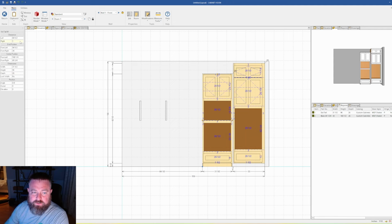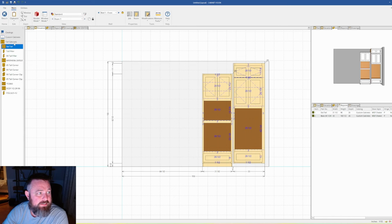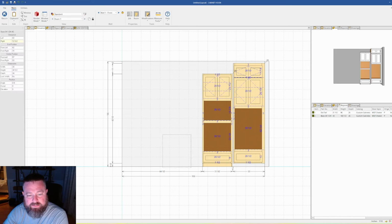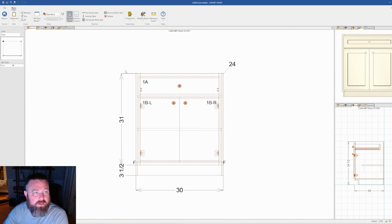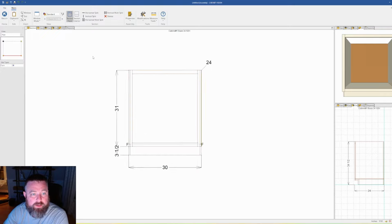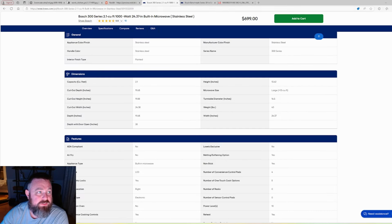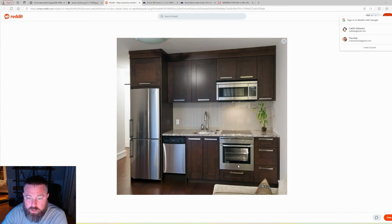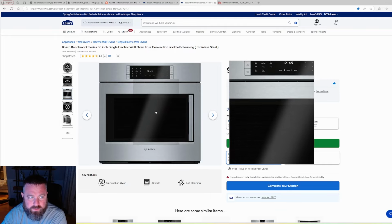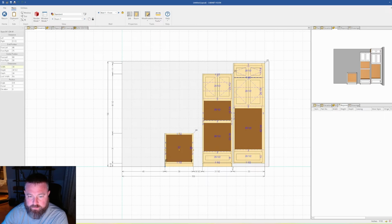And so the only other situation would be that last base cabinet, where the concept is exactly the same, and I feel like it's more common to see built-in microwaves than the ovens, but you essentially just, if you want to, you get your sizes, and it's basically the same principle. I didn't pull up one that you would put in a base cabinet, but I think it doesn't matter. I think it's usually just a regular oven. So what you would do, if we go back here, you would just take this 28.5, so this would be a 31-inch wide cabinet,